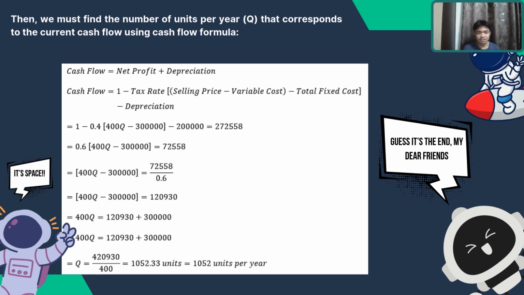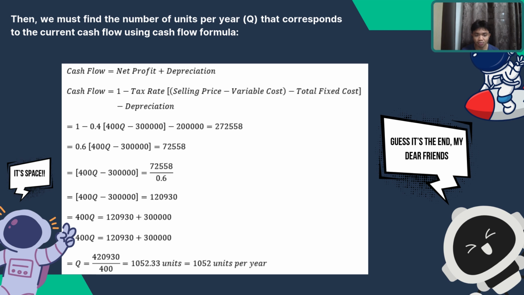And then lastly, we must find the number of units per year, which we equate to Q, that corresponds to the current cash flow using the cash flow formula. The cash flow formula is cash flow equals net profit plus depreciation. And then we modify the cash flow formula, which we will get as 1 minus tax rate, in brackets selling price minus variable cost, minus total fixed cost, and minus depreciation. Based on the definition given by the question, we compute it into the modified cash flow formula, which we will get 1 minus 0.4, in brackets 400 Q minus 300,000 minus 200,000 equals